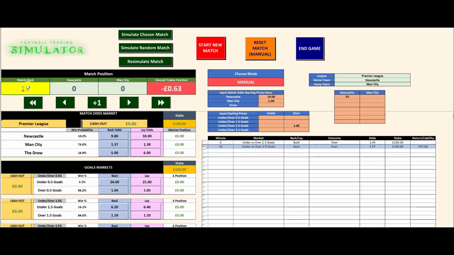Now let's move the clock forward to the 26th minute when we cashed out, and let's see what that does for us. Now you can see it is a better profit than if we went in at kickoff, as you would expect. £18 locked in profit, but it's still not the £30 that we locked in by dripping it into the market. Hopefully this demonstration has shown you the clear advantages you have as a football trader to drip your stake into the market rather than putting it in 100% at once.